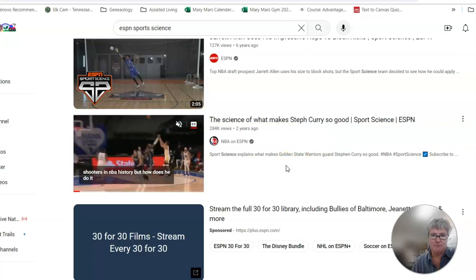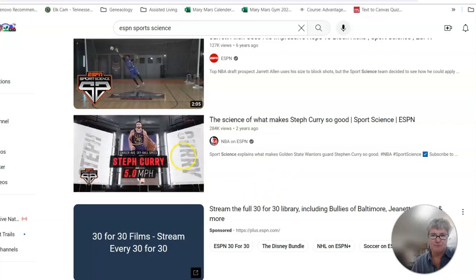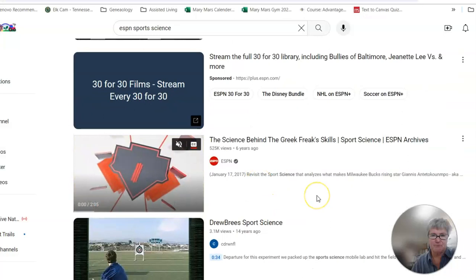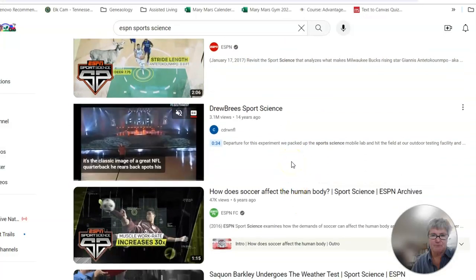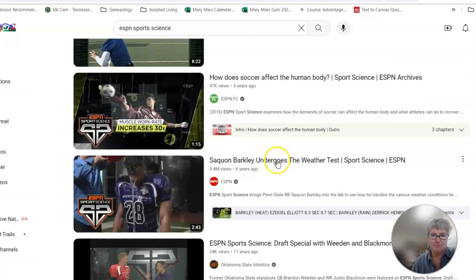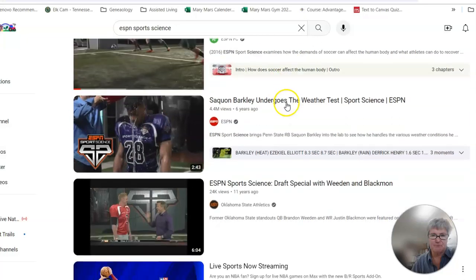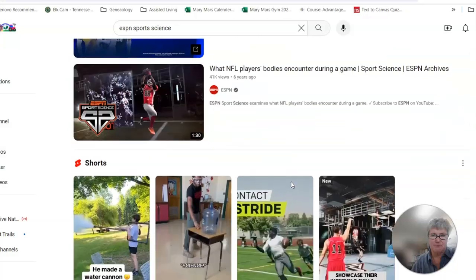Not just that he is good, but the science behind it, the wow, the how of it. Here's one with Drew Brees and throwing. Muscle work rate. How does soccer affect the human body? And the list goes on and on with this sports science.